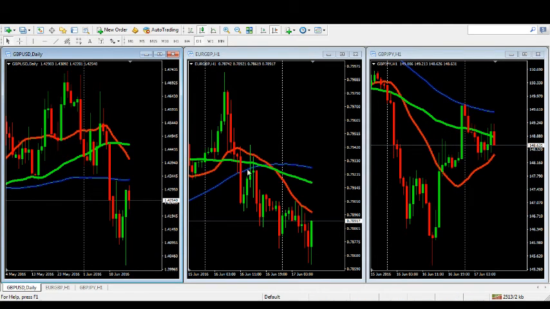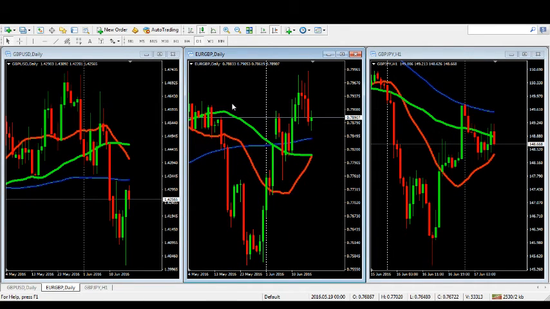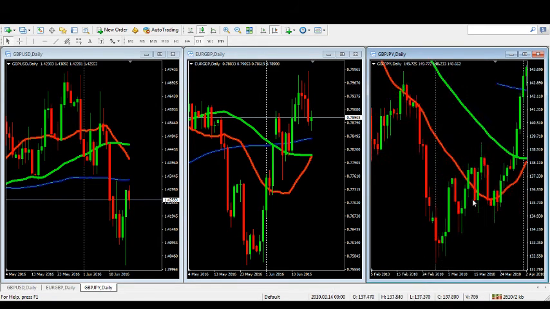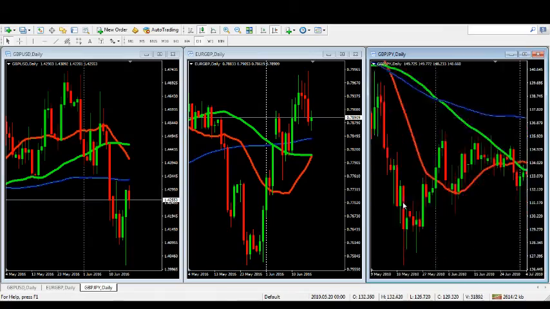If we use euro Great Britain pound on the daily chart, from those levels the euro rose 4%. On the daily chart for Great Britain pound JPY, just to mention how much percentage it lost,